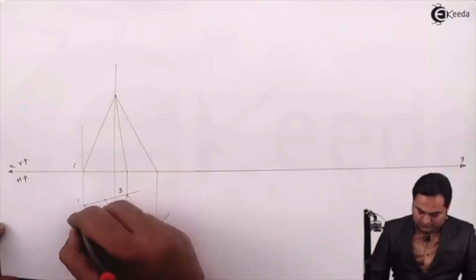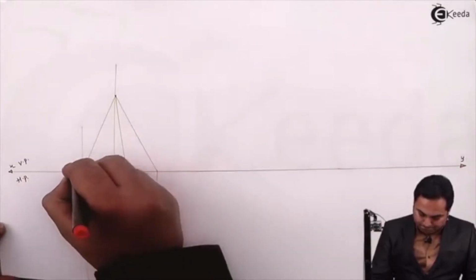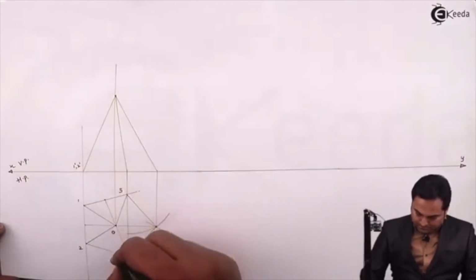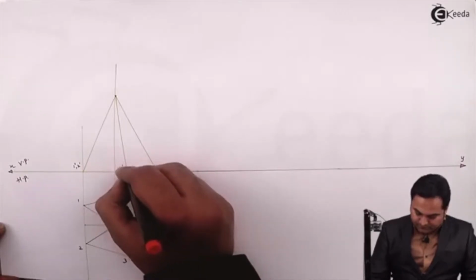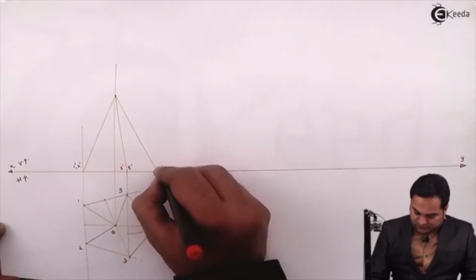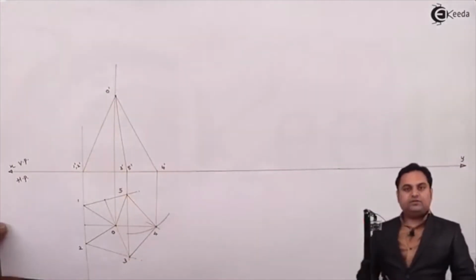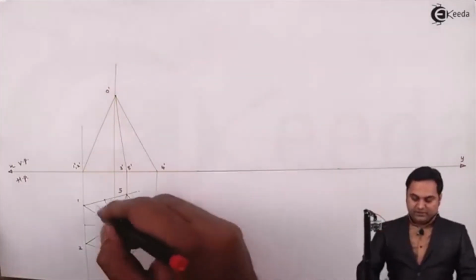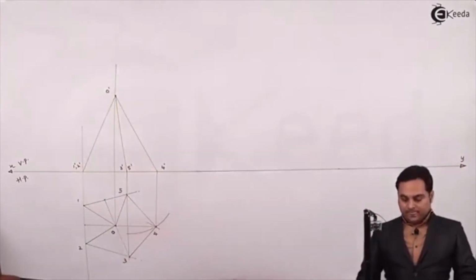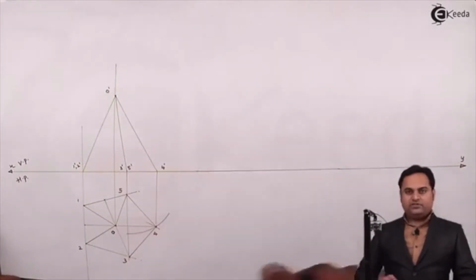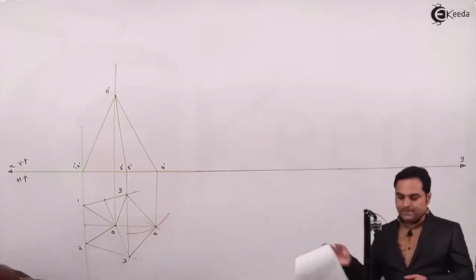Here we have 1 dash, 2 dash, 3 and 5. This is 4 dash, and here we have point O, so O dash in the front view. For the apex in the front view, that is the axis. Now if I read the question, here it was given